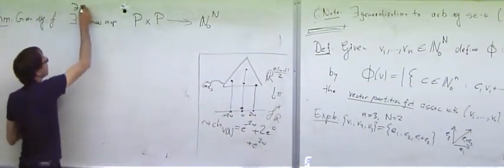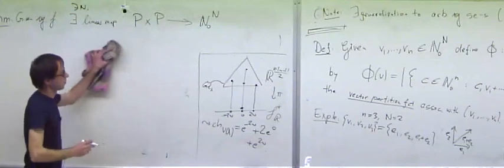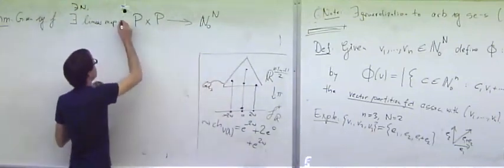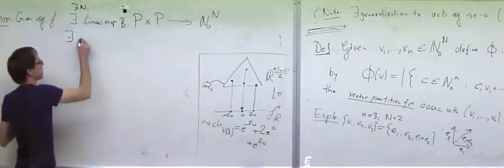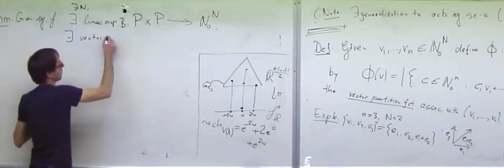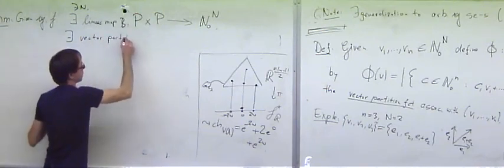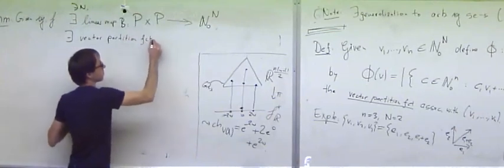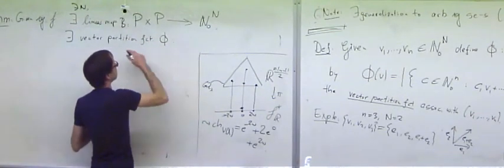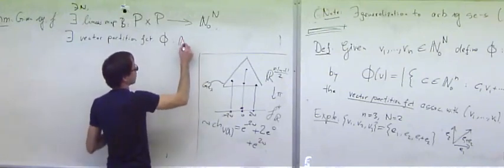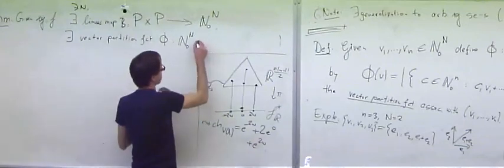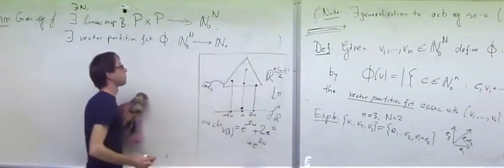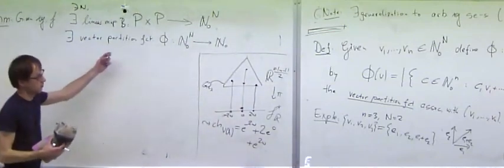So there exists an n and there exists a linear map, say B, and there exists a vector partition function phi defined on this space, so I can, in other words, find suitable v1 through v little n